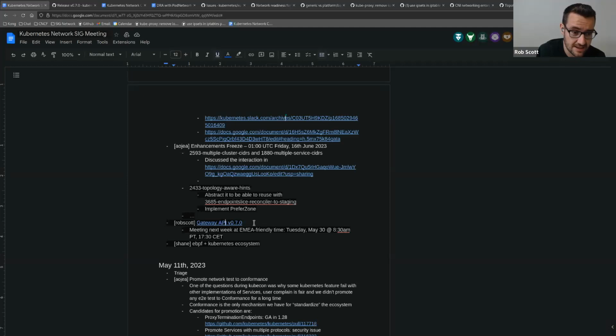So that's Gateway API. Just one other thing, since we're at an earlier meeting time right now, we're also testing out earlier meeting times for Gateway API. So next week, we're meeting at 8:30 a.m. Pacific, which is half an hour earlier in the day than this meeting is today, and it's on Tuesday.